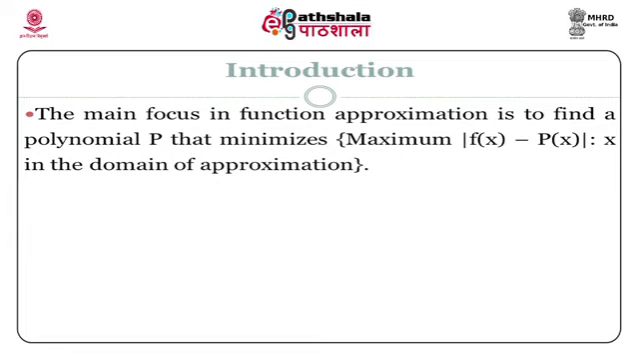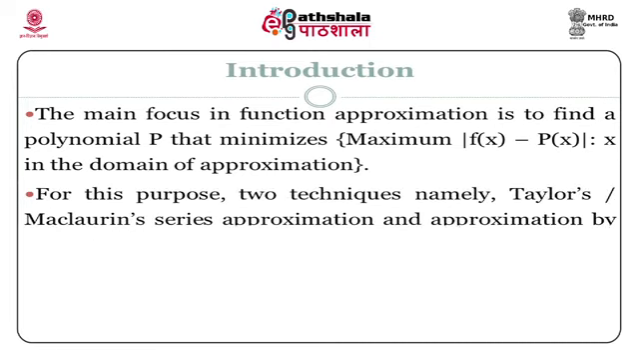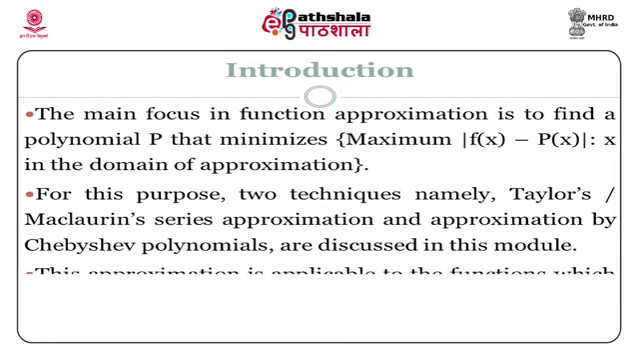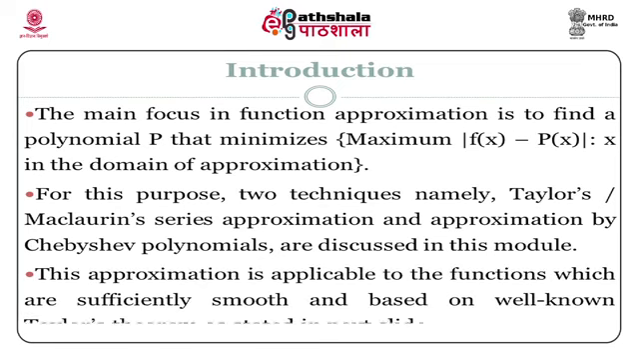The main focus in function approximation is to find a polynomial p that minimizes the maximum of the individual error, that is |f(x) - p(x)|, for x in the domain of approximation. So, we try to compute the error at each point in the domain of approximation and find the maximum, and then we want to find a p which will minimize this maximum error. For this purpose, two techniques, namely Taylor's or Maclaurin series approximation and approximation by Chebyshev polynomials, are discussed in this